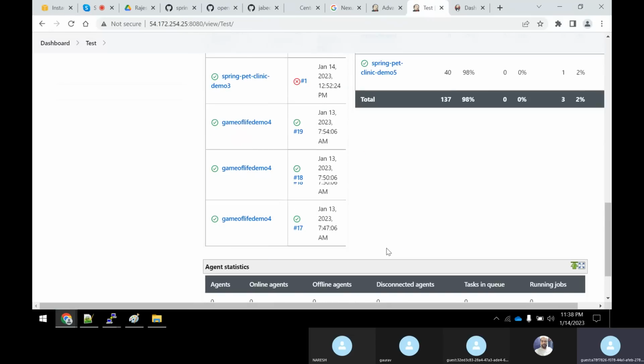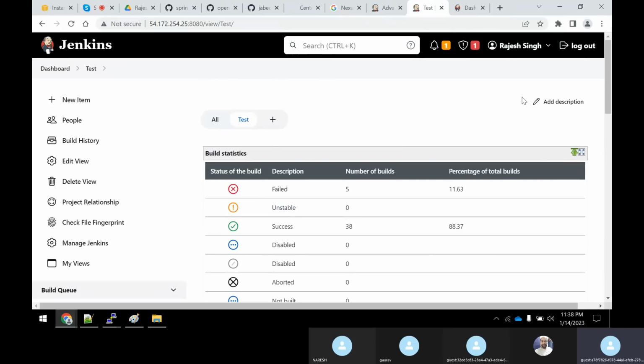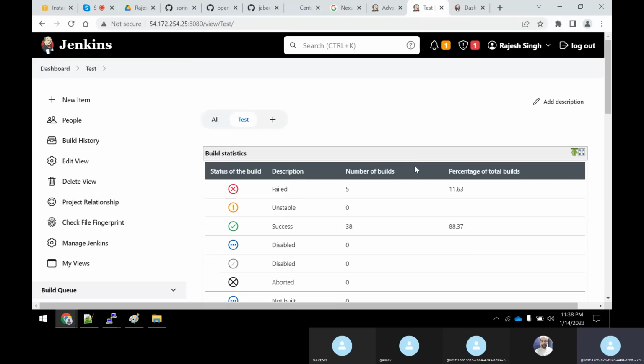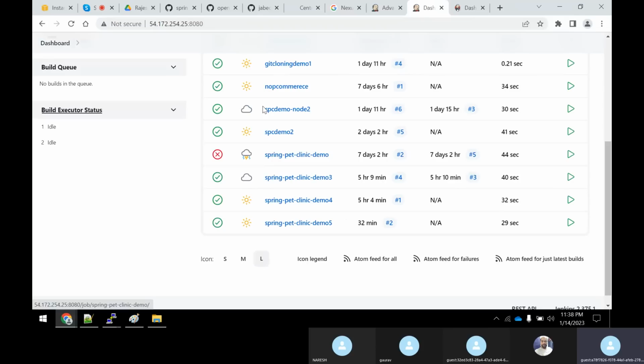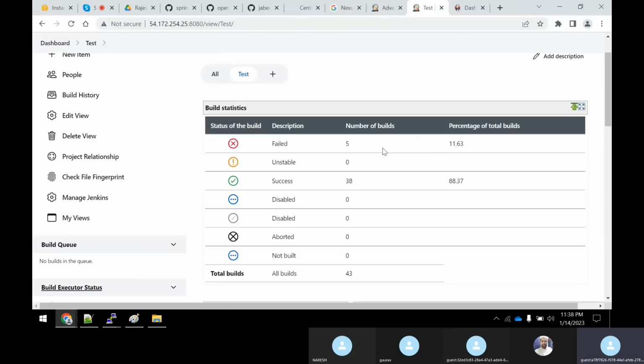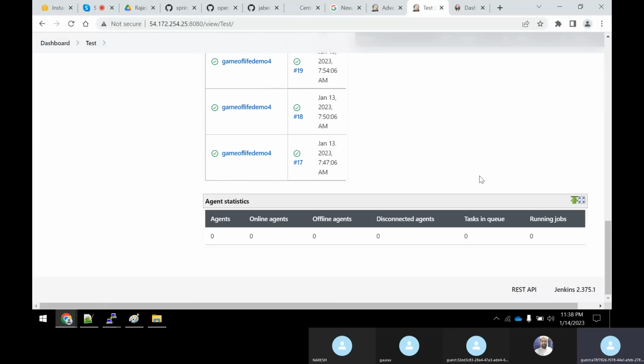You can generate a dashboard actually. So how did you get this dashboard? Because of this dashboard view plugin. That's the reason you got this dashboard. See, you have created a separate new dashboard by the name test. If you click on all, here you'll get your jobs, what you created. But you can create a separate dashboard with the help of a dashboard view plugin. So I created this dashboard. Correct, guys? Is it fine?